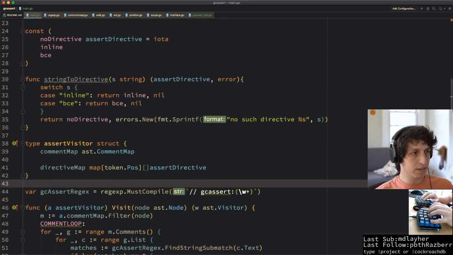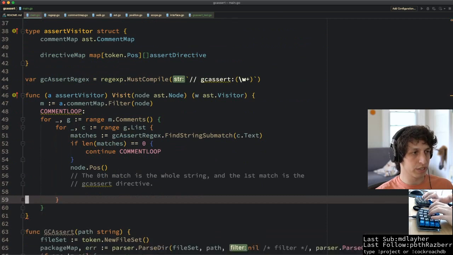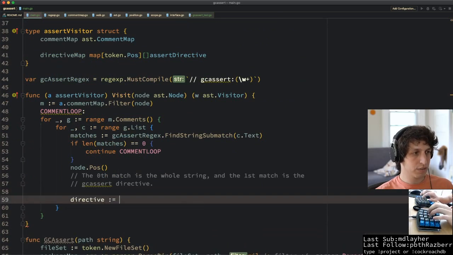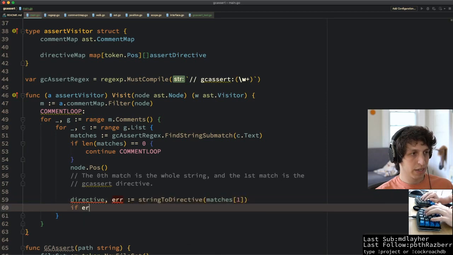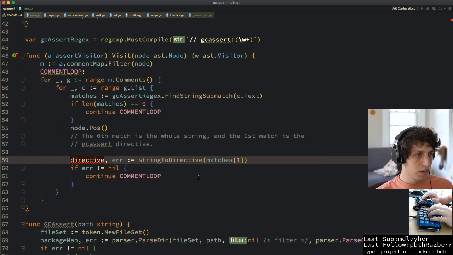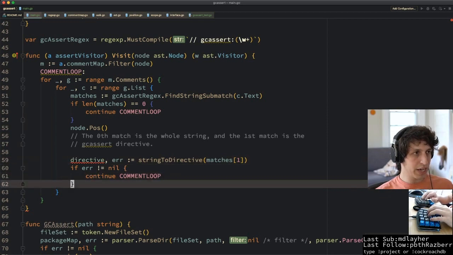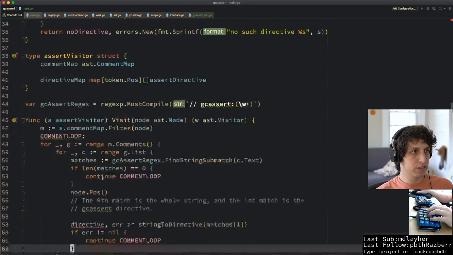Okay, so we've got that. And what we're going to do is grab our string to directive. So we'll say directive is equal to string to directive of matches of 1. And I guess this is directive, error. If error is not equal to nil, we're also going to continue the loop. Great. And then if we don't get an error, then we're going to associate the current position with our directive. So we'll say